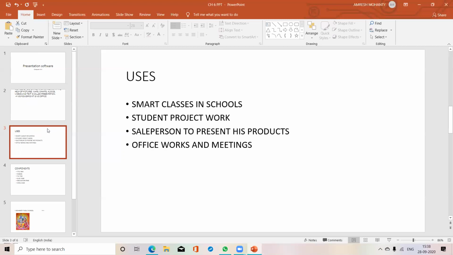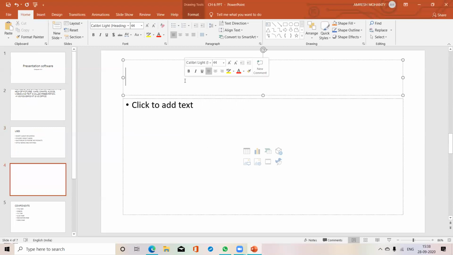And now, how to exit PowerPoint, you already know. You can use the close button or you can use file and exit. There is a shortcut key coming. Please note it down. That is CTRL plus M, used to insert a new slide. To insert a new slide, you will use CTRL plus M. Okay.